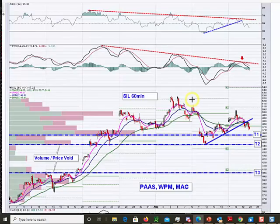Here's the silver miners 60-minute chart. Nice bear flag action here. You can see this broke, back tested, and then rolled over the last couple of days. I think you can be short